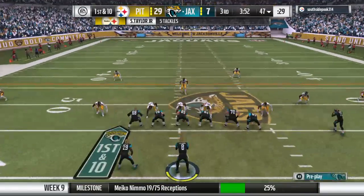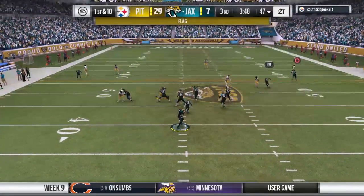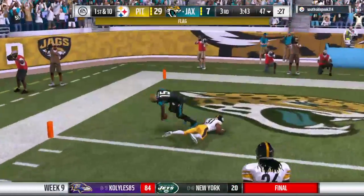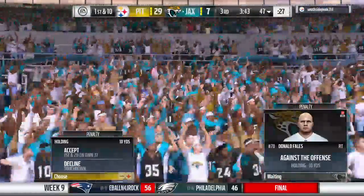Well, we know he's got the speed there. He needed the speed and the hands. A great catch. And because of that speed, you have to respect it as a defender. So you have to either play... And this is caught. And he does take it in for the touchdown, but a flag on the field, and